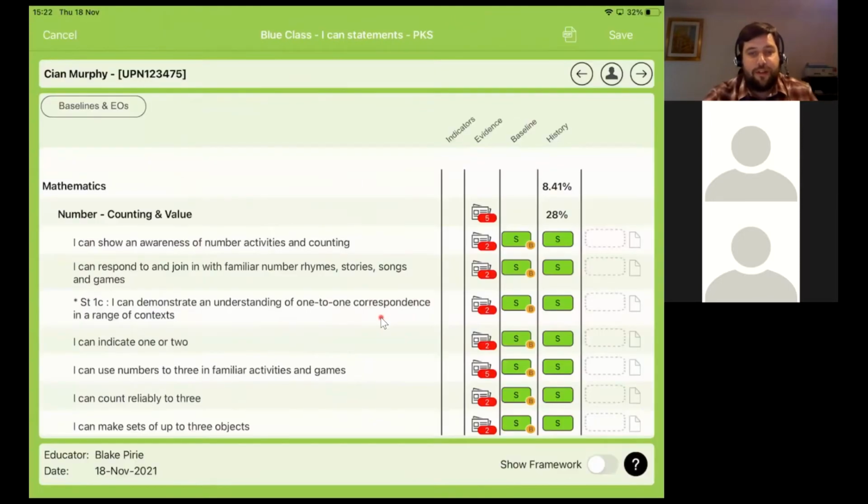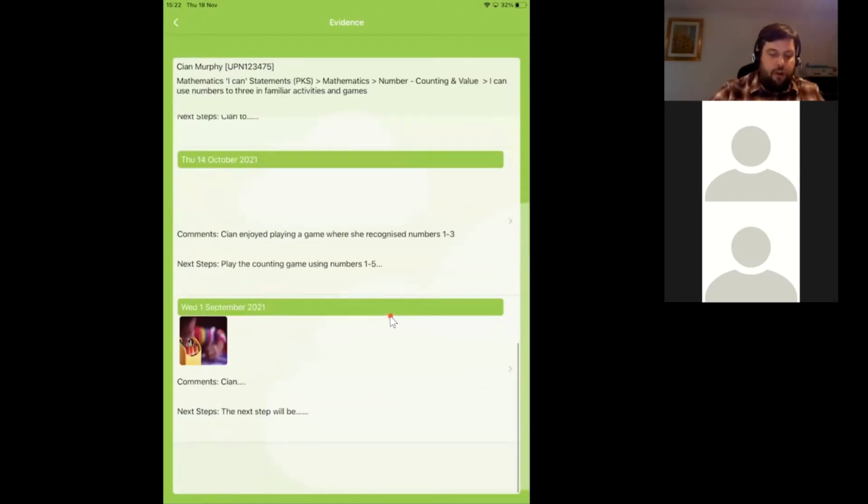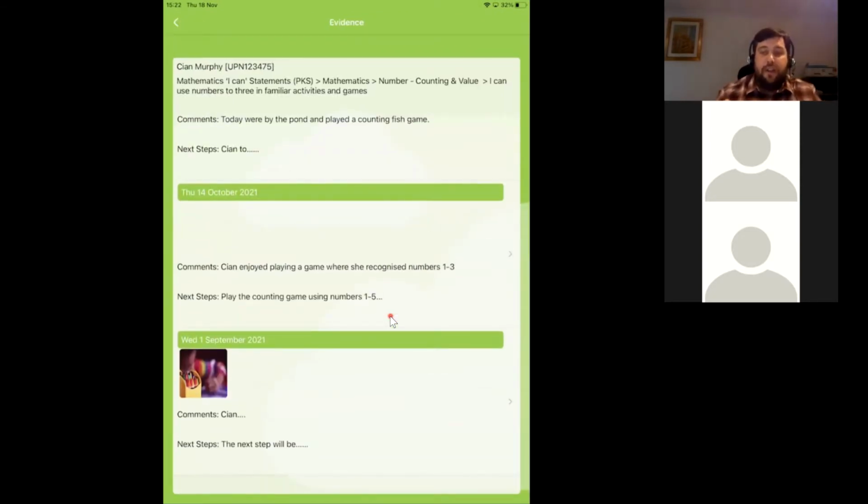So my iPad just switched. Let me put it back. So I'm just going to tap on this number 5 there. And if we scroll down, what this then will build up, I suppose, is a case study, a narrative of all